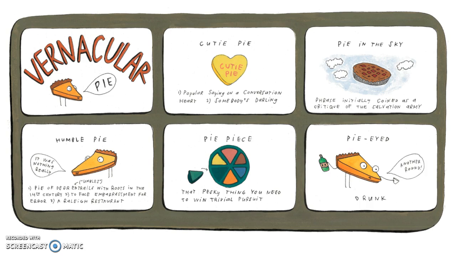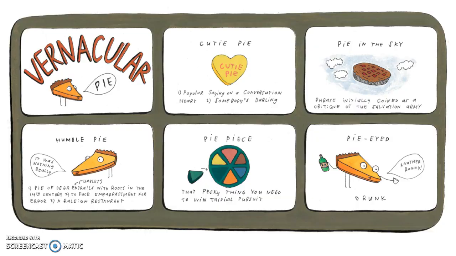So for instance, the vernacular of the word pie. Now we all know pie is a delicious thing that we eat, but it's also used in different ways, such as cutie pie, pie in the sky, humble pie, pie piece, and pie-eyed. In different parts of the United States and the world, these forms of pie are used, and that's vernacular. They're phrases or word pairings or just simple words that are used in different ways. For instance, I know the term cutie pie, but I've never heard of the term pie-eyed because it's not